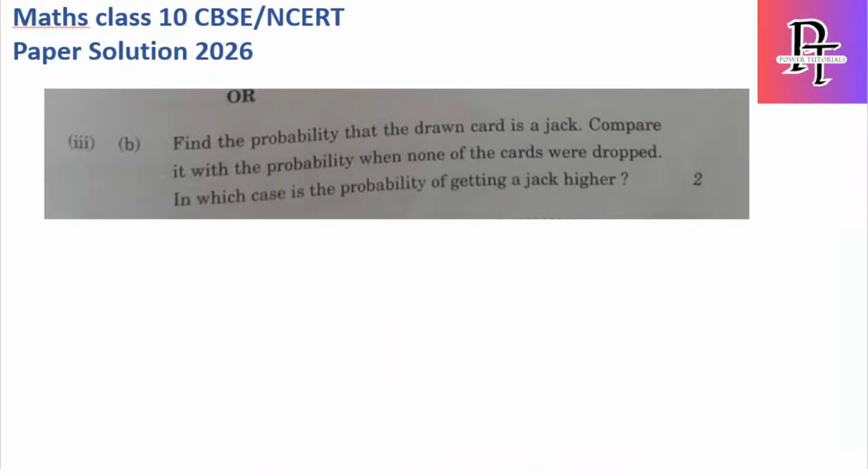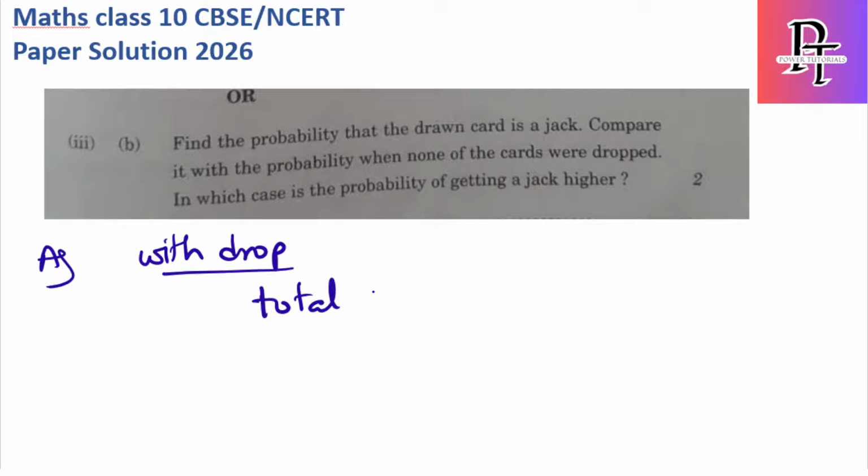Okay, same way we have to do for the B part. Find the probability that the drawn card is a Jack. Compare its probability with the case where a card was dropped, and see which is higher. Okay, same way. First I will do without drop and with drop, and we'll compare both values. With drop, total chances: with drop means 101. Winning chances,